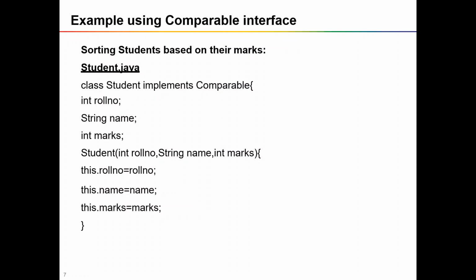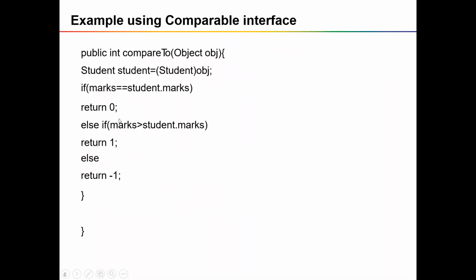So for doing that, your class should implement the Comparable interface, and we have three attributes with a constructor, and apart from that you have to add a compareTo method inside your class. Here we are using the compareTo method with an object as an argument. Here we are performing typecasting, casting the argument into a Student object, and here we are going to perform sorting. I have chosen marks as the attribute to be used for sorting purposes.